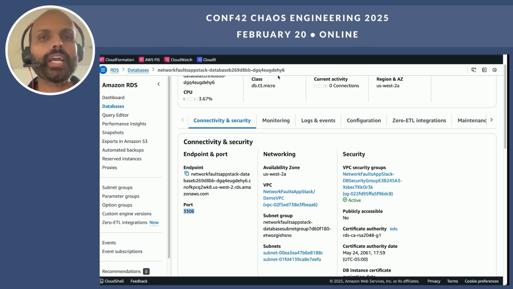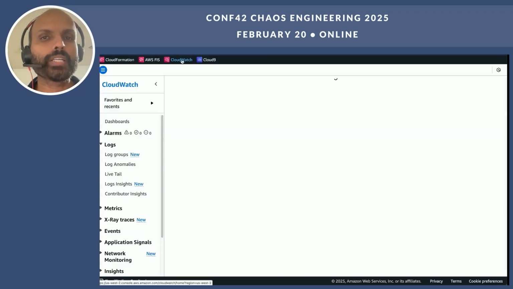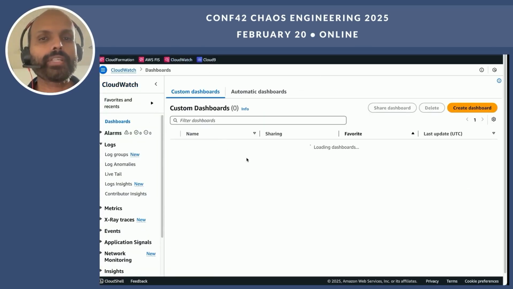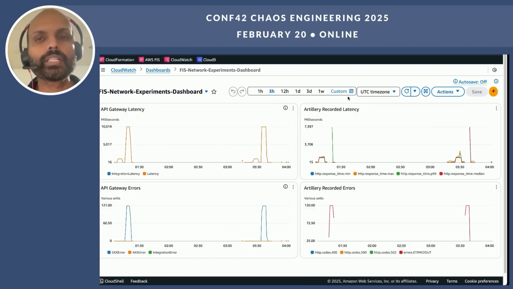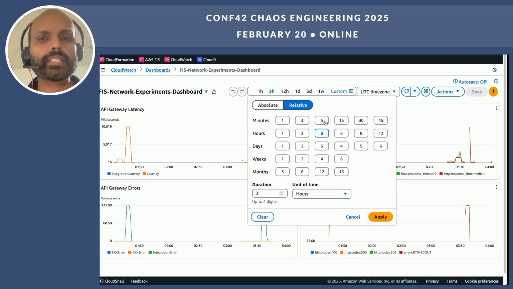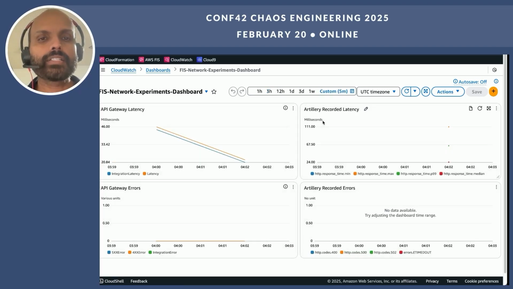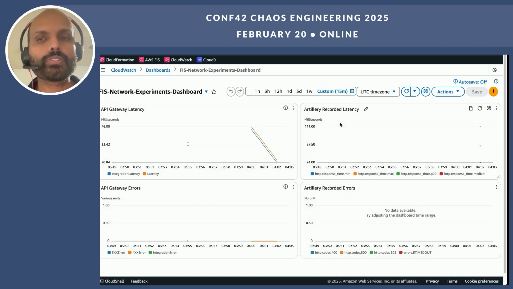Now that we have looked at the application architecture, let's take a quick peek at our observability tooling as well. We have a dashboard here that we've created through our experiment stack. Let's take a look at, say, the last 15 minutes or so, where we've started running the load generation script against our application.